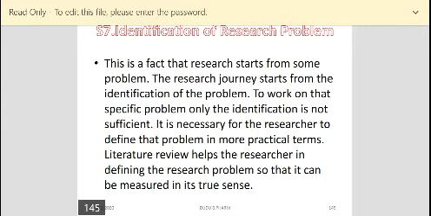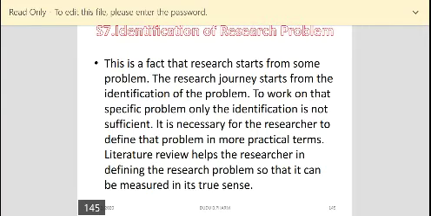So in a research process flowchart, we define the research problem. That is our first stage. But it is not enough for a researcher to just define the problem. It is necessary for the researcher to define that problem in more practical terms. Here, in more practical terms,